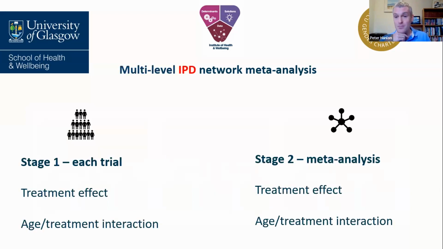It was an IPD meta-analysis, and particularly it was a two-stage IPD meta-analysis. So that is one of two options you have, really. It's where, for each trial where we had the IPD, we estimated the treatment effect and also the age-treatment interaction. Does the effect of treatment in that trial vary by age? And we estimated that individually for each trial, and then our meta-analysis took those estimates and combined them, and did so along with the aggregate data in a way that I'll mention in a minute. And that gives you an estimate of the overall age-treatment interaction across the meta-analysis.